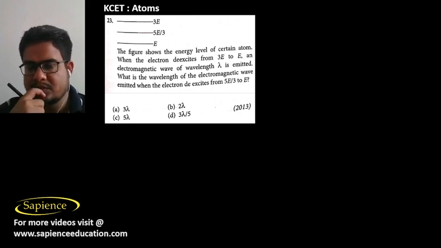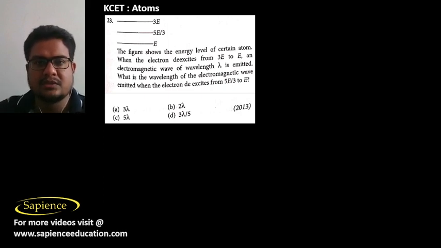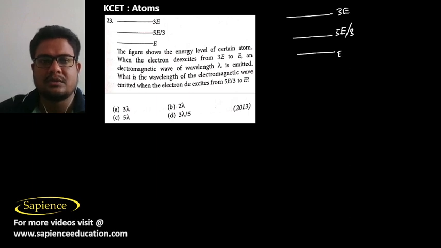In question number 23, you can see that there are three energy levels. One is E, the second energy level is 5E by 3, and the third energy level is 3E. It is told, the figure shows the energy levels of a certain atom. When the electron de-excites from 3E to E,